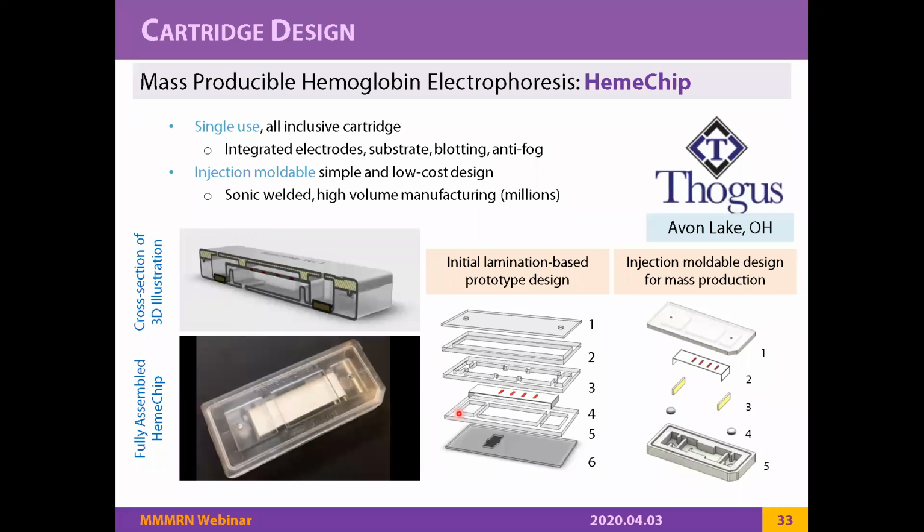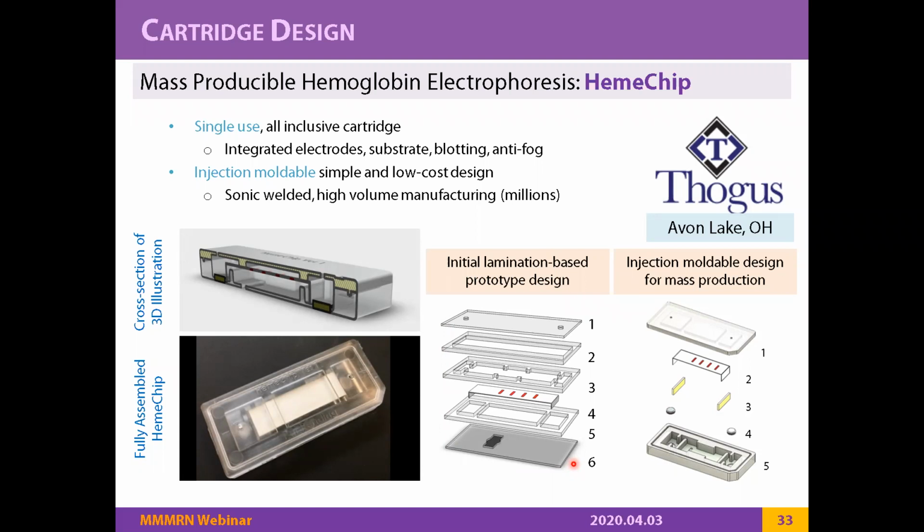So we saw the cartridge before, but that's not how the cartridge started. Initially, we used to make the cartridge by layering up a lot of polymethyl methacrylate, PMMA, to make those chips. Those are very laborious and time-intensive processes. But once we came up with a design that can be mass manufactured by injection molding, we were able to run a lot of tests and the process became